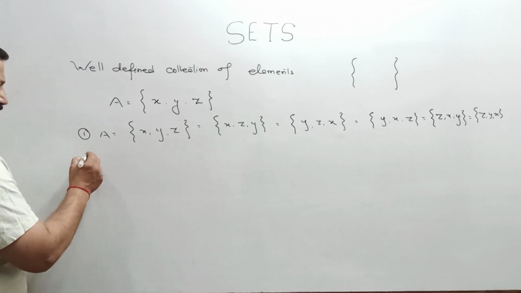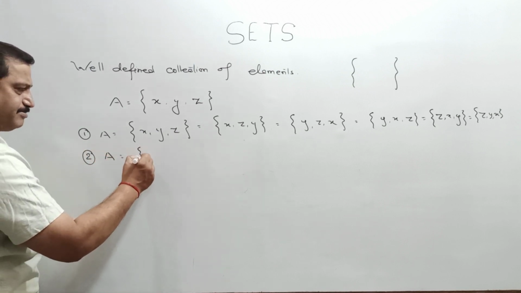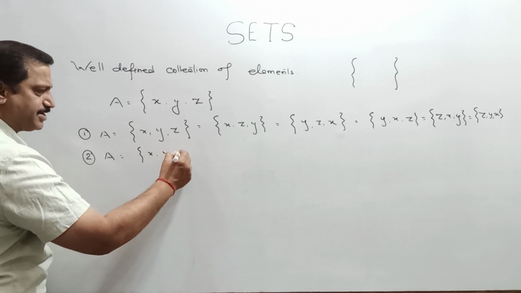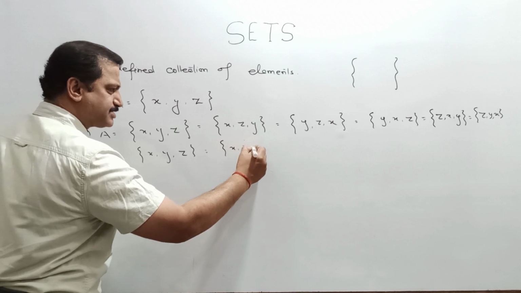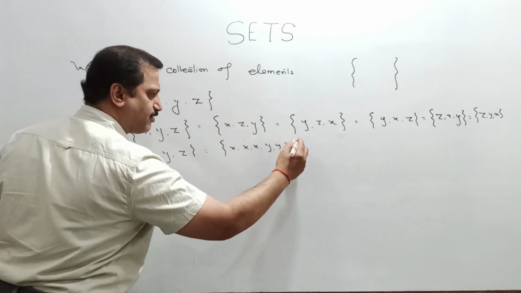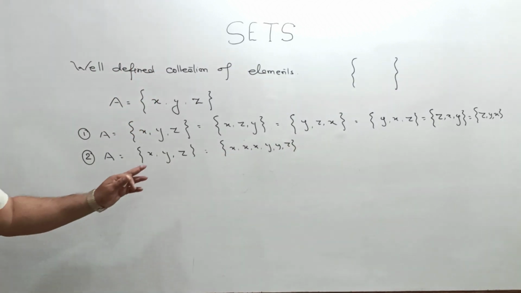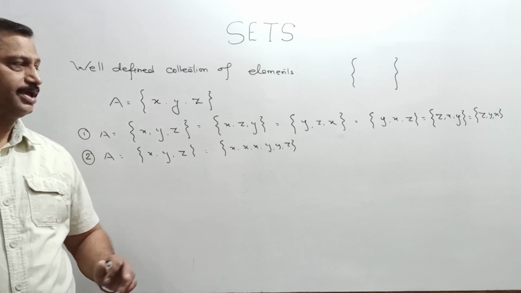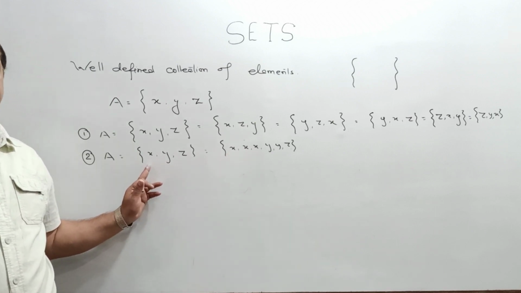हैं। Second, repetition of elements does not matter. अगर हम किसी सेट में x को कई बार लिख दें, y को कई बार लिख दें, तो इससे कोई फर्क नहीं पड़ता है। These sets are same. इन सेट्स में कोई फर्क नहीं है, इसमें हम सिर्फ x को एक बार लिख सकते हैं।